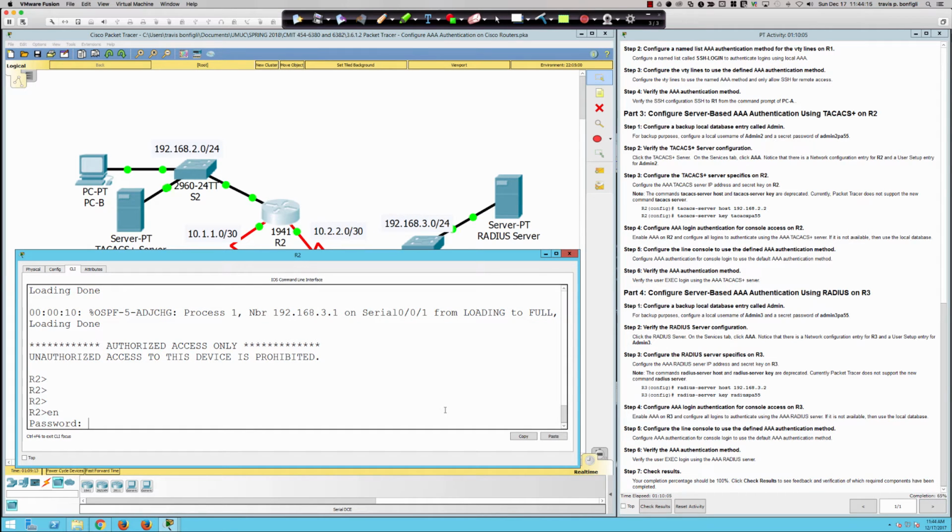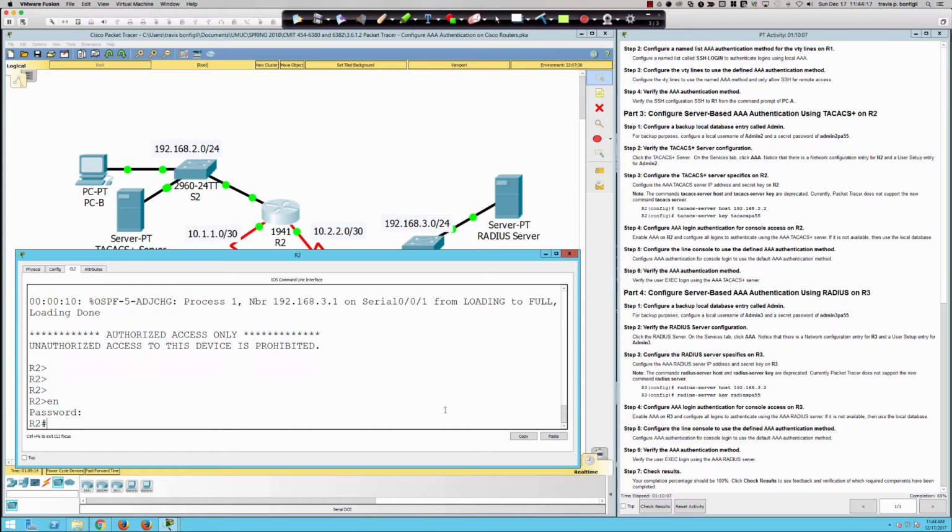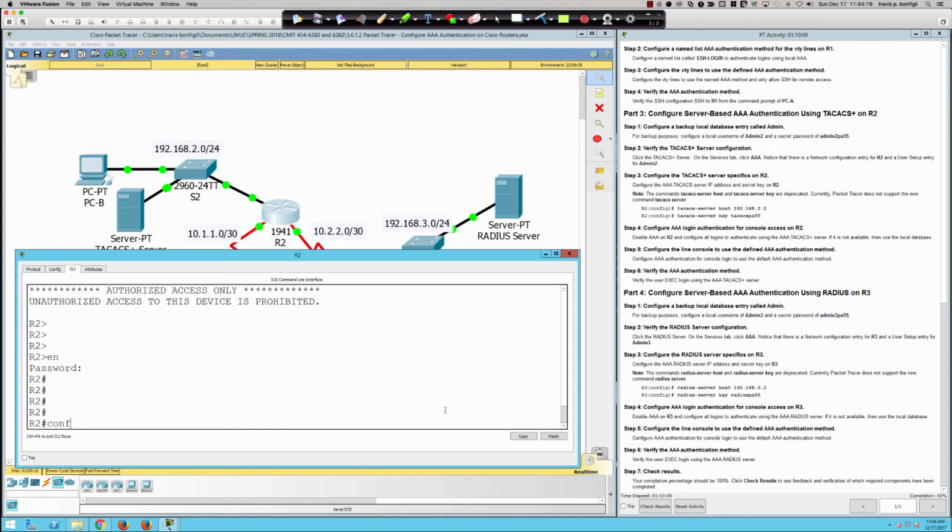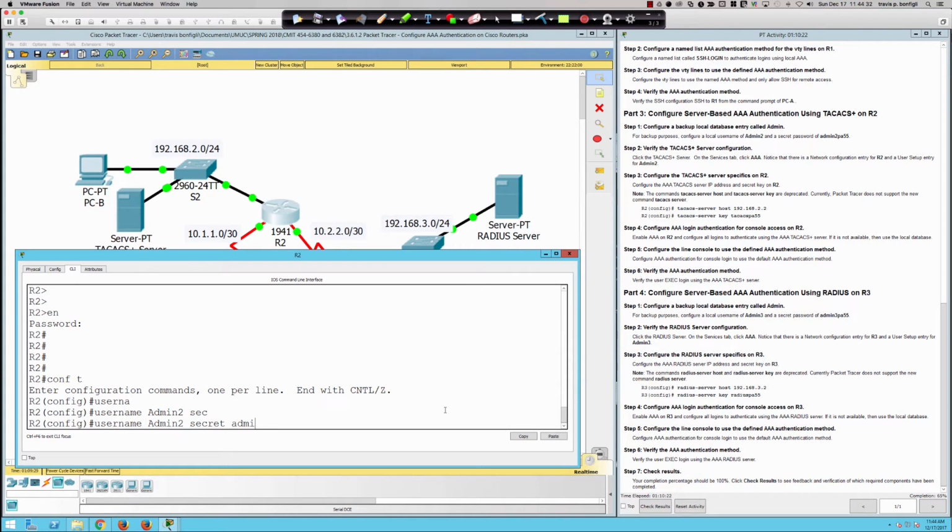So it's going to be Cisco ENPA55 for the privilege exec password. And so here we go. We're going to go into global config, and this is going to be admin2. I'm sorry, admin2. I just look at the username. Username admin2, and a secret password of admin2